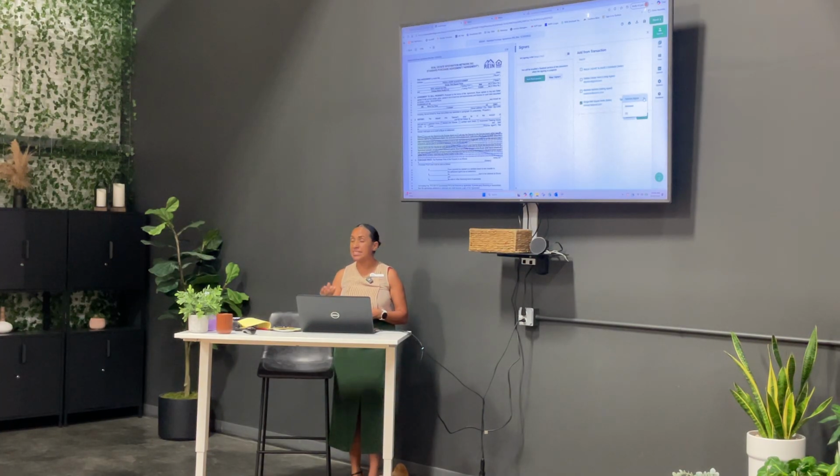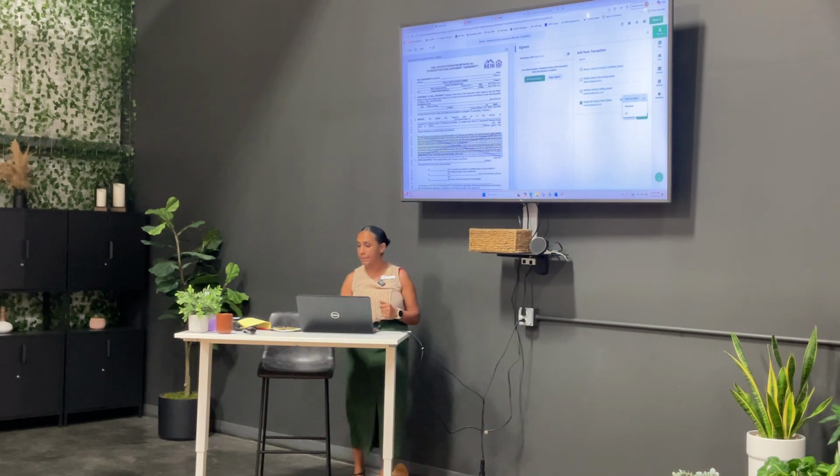And CC is similar to reviewer. It just means that they're going to be CC'd on this email thread and they're going to receive any notification, any transaction once it's completed, and any signing notifications along the way, okay? I'm going to keep them as remote signer, and then I'm going to select, and it's going to add SpongeBob